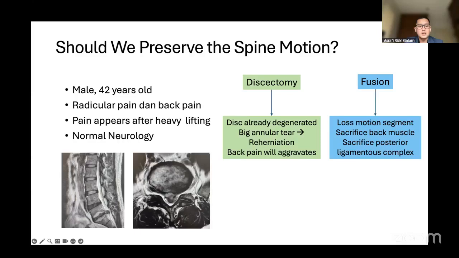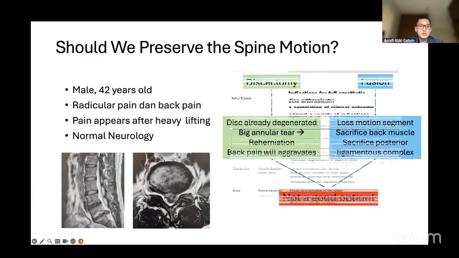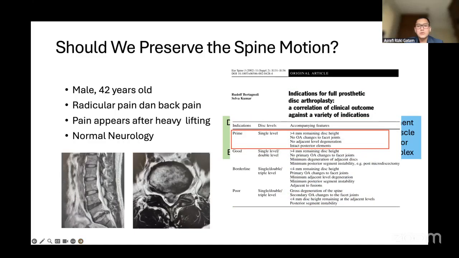And we can see that the L4-5 already has some degenerative aspect as well. So in my opinion, probably these two are not good options. So still young. So if we look here at the paper from Professor Bertagnoli, this is a prime